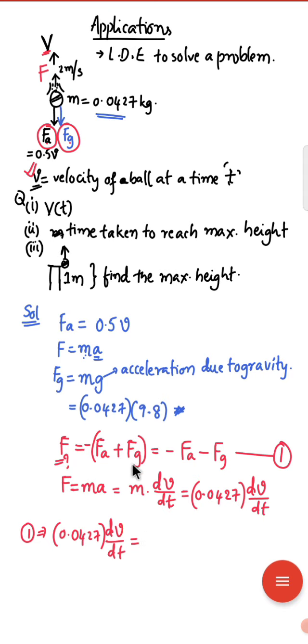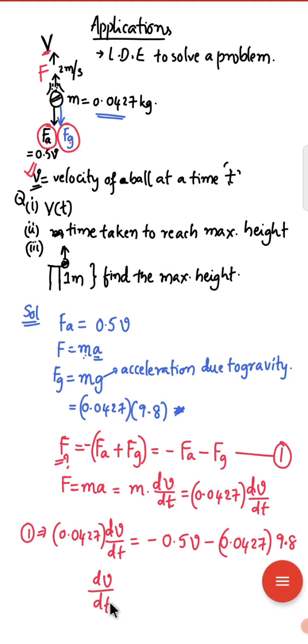We have f minus fa minus fg. So we have minus fa is nothing but 0.5 v, right? Fg means minus 0.0427 into 9.8, right? So if I cancel out 0.0427 and divide the entire equation with the number 0.0427, we get dv